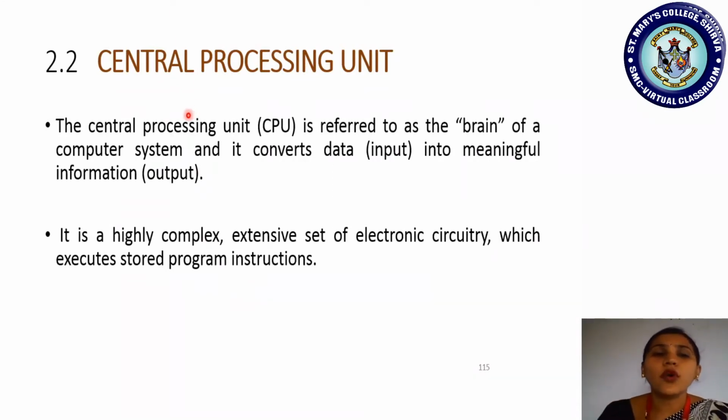So let us go into detail with the CPU. This we have discussed in our earlier classes, right? Central processing unit. So let us discuss much more about the CPU here. The central processing unit is actually referred to as the brain of a computer system, and it converts data into meaningful information. For example, whatever input I give before the computer starts executing, my input data, we call it simply data. It doesn't give any information back to me. Only when the computer performs certain tasks and gives me the result can I call it meaningful output or information.